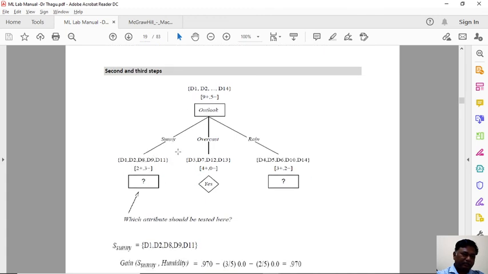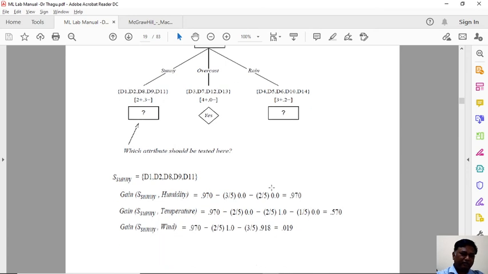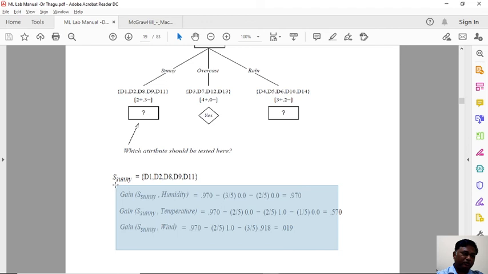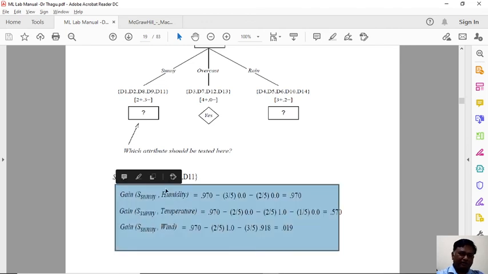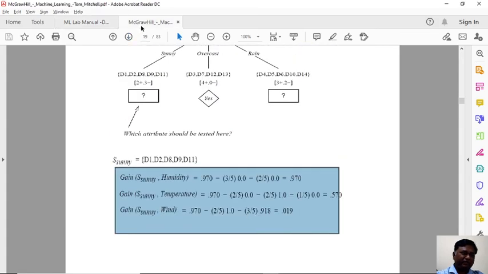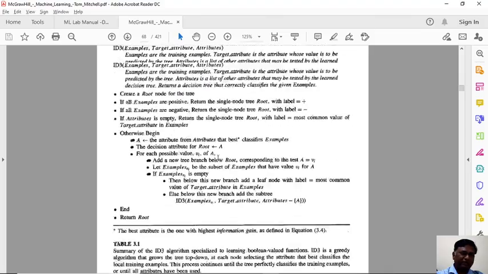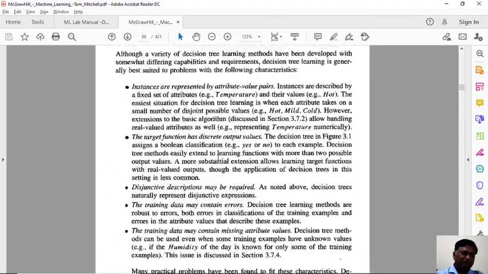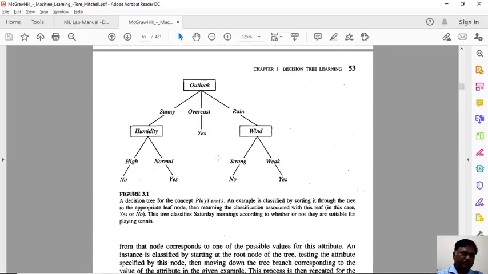So here under sunny, humidity is filled. Under rainy, wind is filled. By filling wind only, we have covered the maximum of the attributes. All 14 data are covered. So temperature will not play any role here. The final tree is directly given in the textbook. We can see the final tree at the beginning of the chapter itself. You can see this is the tree. So all these conditions will cover your 14 data.